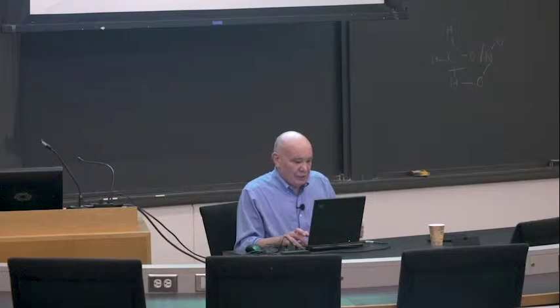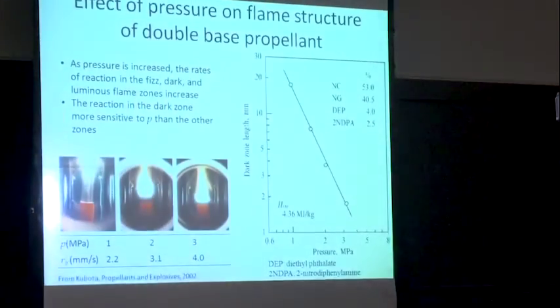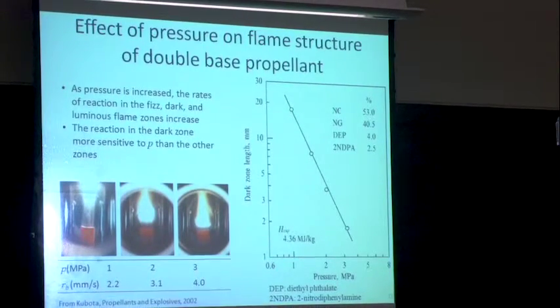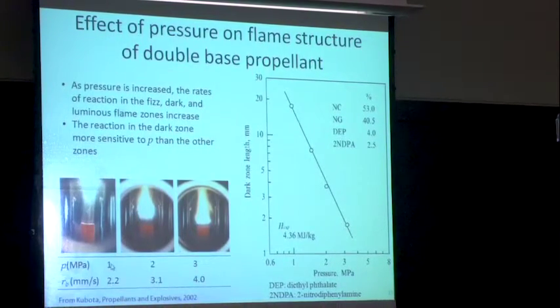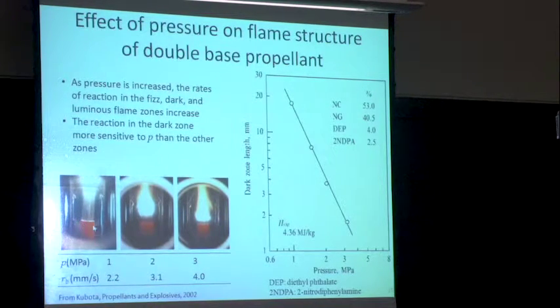Okay, so I've talked about this dark zone, and just to show you its existence, here's some experiments on nitrocellulose nitroglycerin, and they're done at 3 different pressures here, like 10 atmospheres, 20 atmospheres, and 30 atmospheres. And if I look at the double-base propellant, very near the surface here, you can see some luminosity. That's the first stage reaction, very close to the surface at the low pressure. Then I have this region where there's this dark zone, and then I come into the second stage reaction where